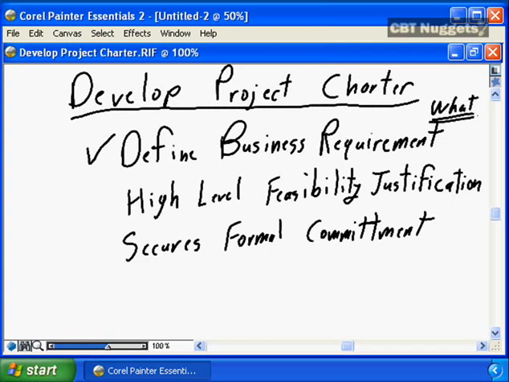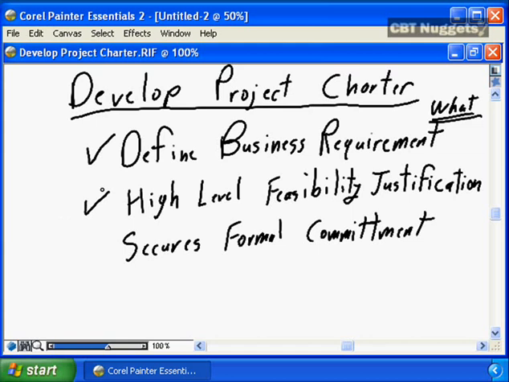That's what the business requirement is all about. It defines the what. This is what the project must do. This is what the project must satisfy. This is what the project will improve in the business overall environment. The project charter is developed from the business viewpoint. It focuses on the what.